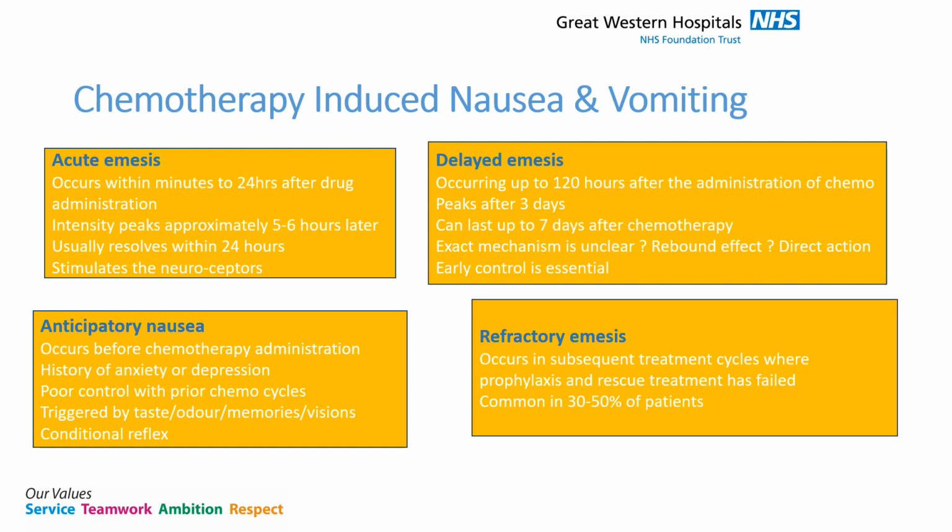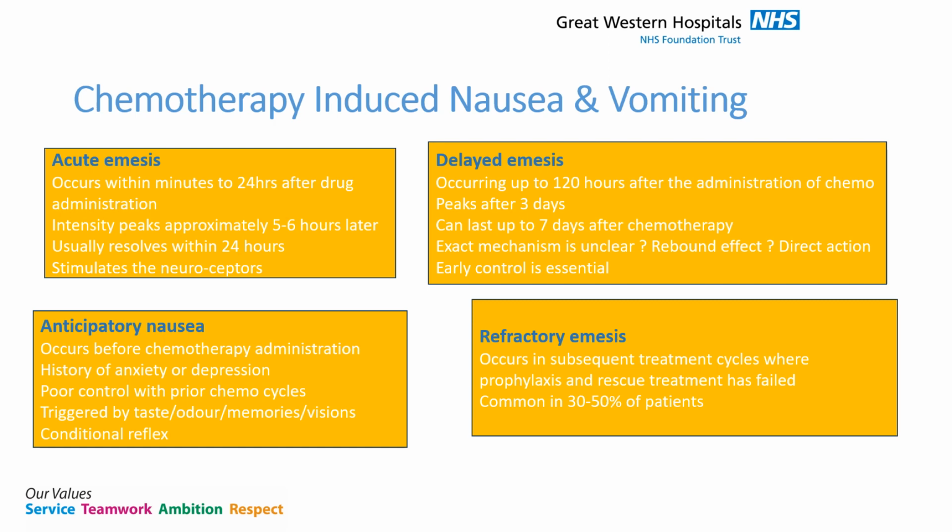It can often be triggered by taste or odours or memories. So if they've eaten something that's made them sick previously, and then they're given that food again, that could trigger that memory. It's a kind of conditional reflex,